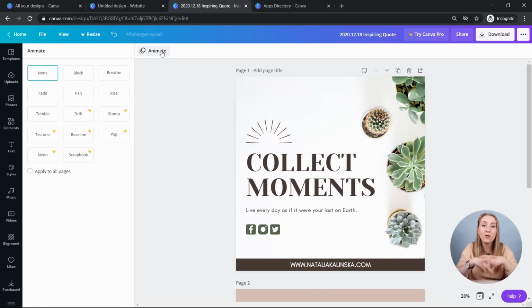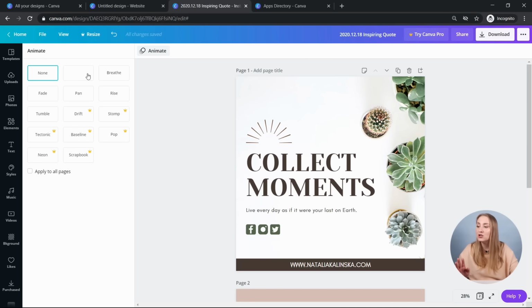So not too long ago, Canva added the option to actually animate your graphics. And it goes in line with the trends right now that so many different social media platforms are encouraging more of a motion graphic feel to your design or to your platform, or they actually just straight up prefer videos, which is obviously on the rise continuously for months and months, for years really.